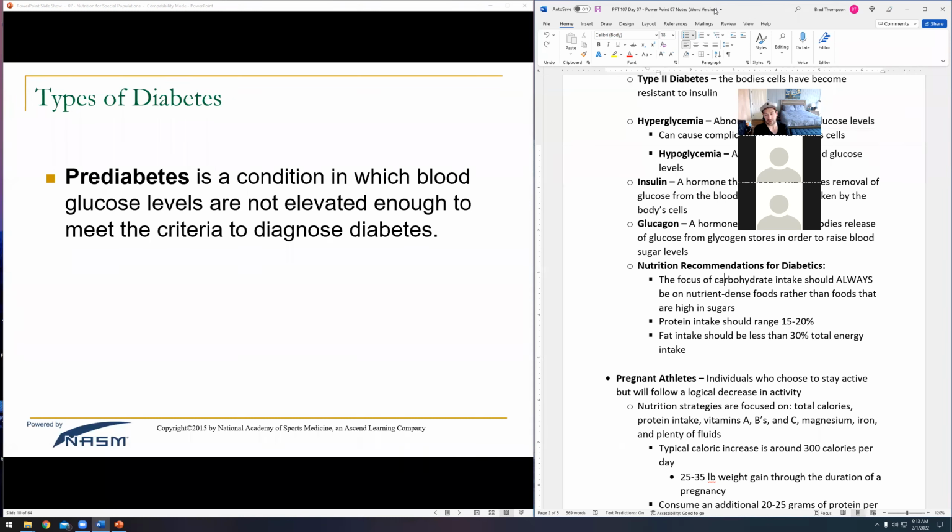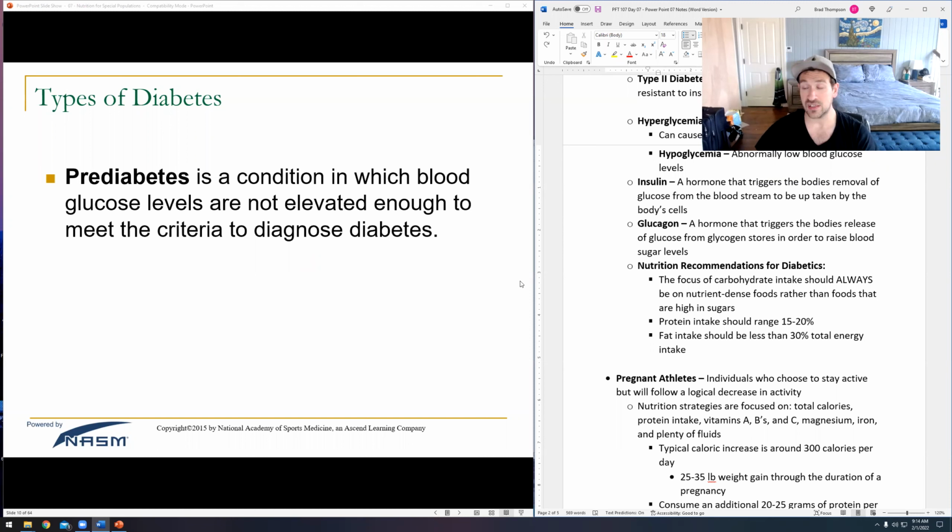We know that obesity is very tied to type 2 diabetes because obviously there's a lot of fat surrounding the pancreas. Abdominal fat in particular raises your risk. But we also know that the same habits that create an obese person, a substantial amount of energy in versus energy out, are also going to mean the same kind of thing for a diabetic person. And then there is also pre-diabetes.